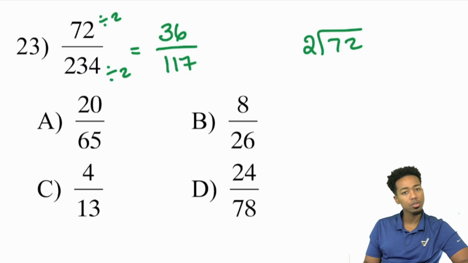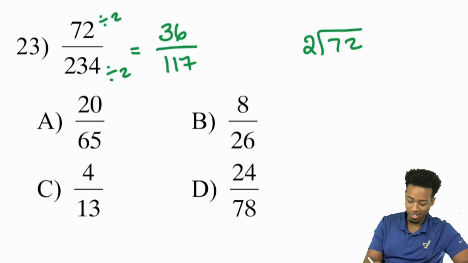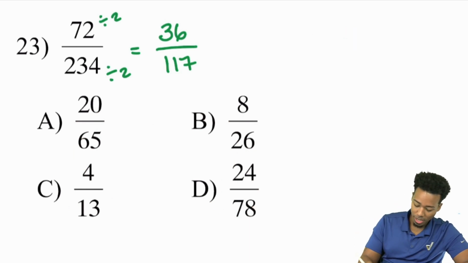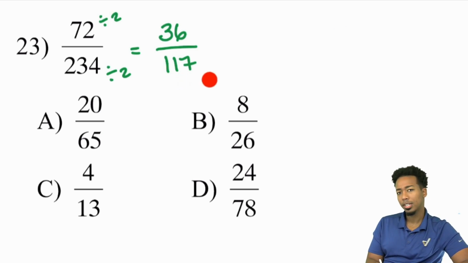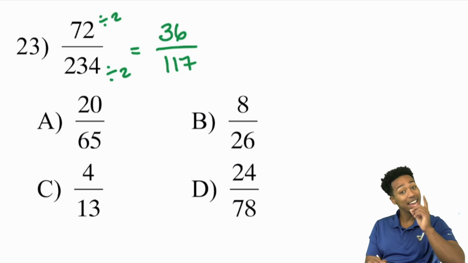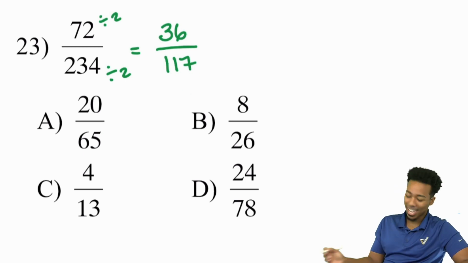Now, can we continue simplifying here? Yes, absolutely. The reason I know that is because I got 36 over 117. I don't see a 117 in the denominator anywhere. So I still got more work to do. I know I can get more work in. So what can I do here? Well, 117 is an odd number, so we can't divide that by 2. That sucks. But what we can do is take a look at the 36 and ask ourselves,